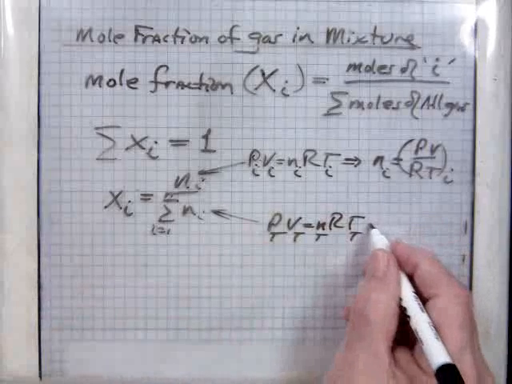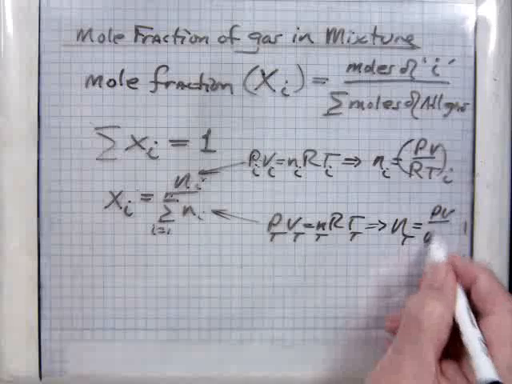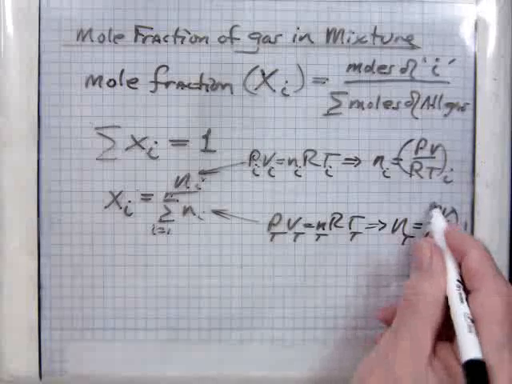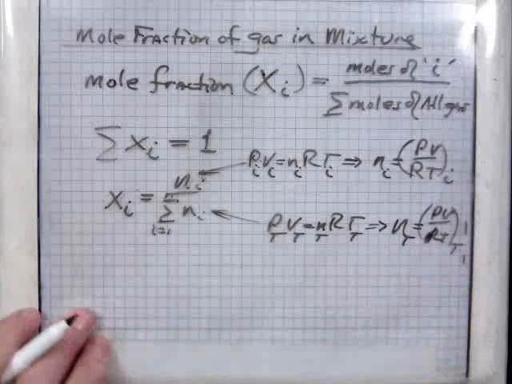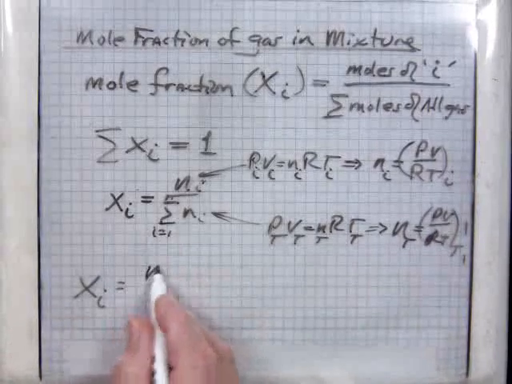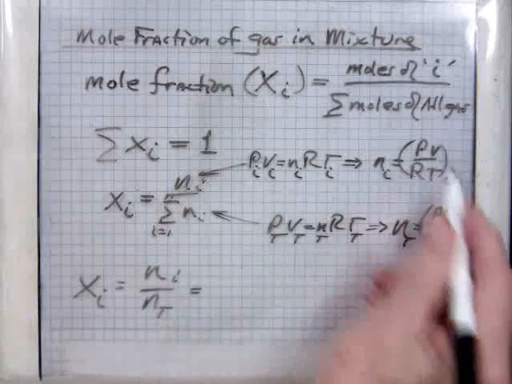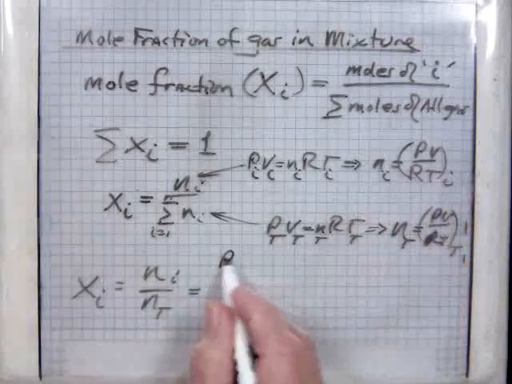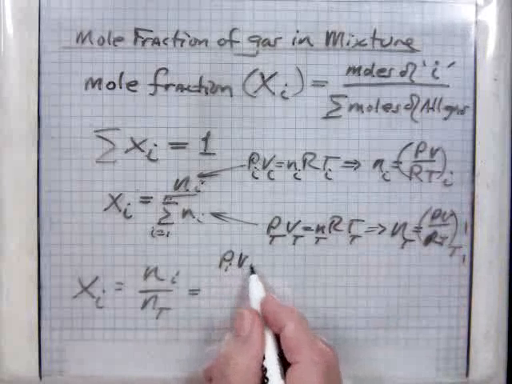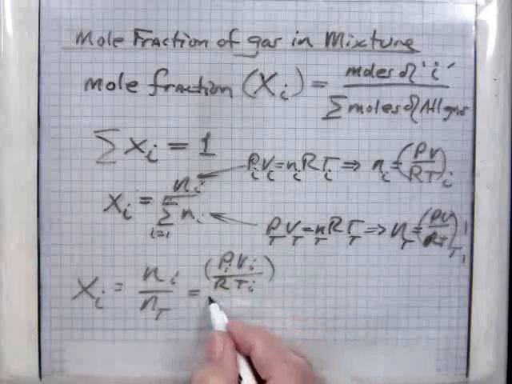And n total would be PV over RT total. So mole fraction, n_i over n total, is equal to P_i V_i over RT_i,